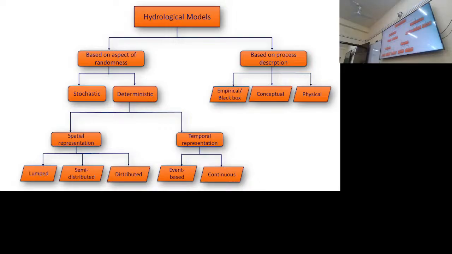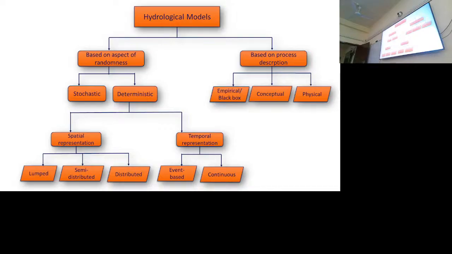In that case, we have to change the coefficients. There is some equation, and there is some coefficient involved. For different particular reasons, the coefficient can be different. The empirical method is also called a black box model. That means we don't understand what is happening inside the system. I am only giving the input. The model will do something, a black box, totally blank, we don't know what is happening, and the model will give